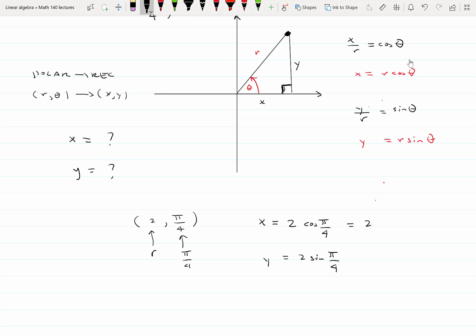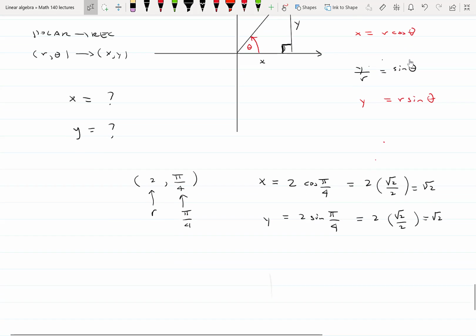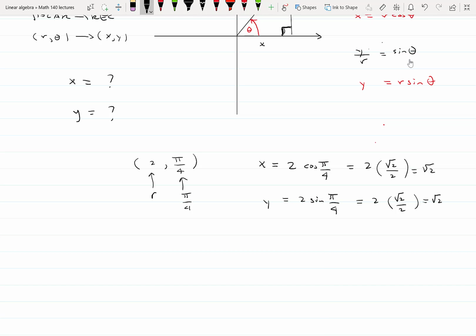And we know these values. These are very simple values for us at the end of our semester. Cosine pi over 4 is radical 2 over 2, so the x-coordinate is radical 2. The y-coordinate's the same, because sine and cosine of pi over 4 are both radical 2 over 2. So the answer